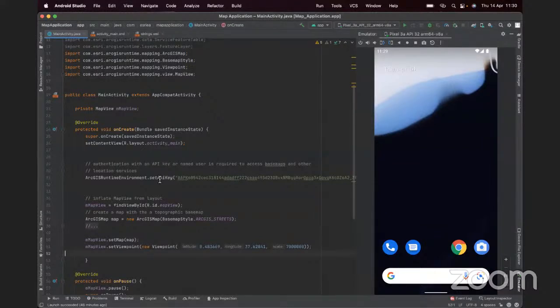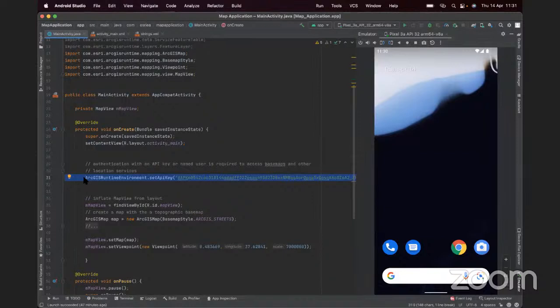And when you go to our YouTube video, which we did back sometime last year, we explained step by step how you can access some of these initial steps of setting up your Android project to consume some of these components. And you see that here, the first thing that we do is we declare the authentication. And if you don't do this, then the map will not be able to load. So you can do this through the